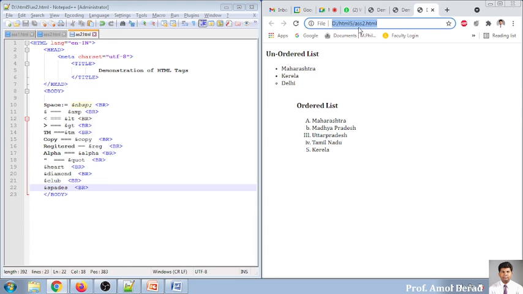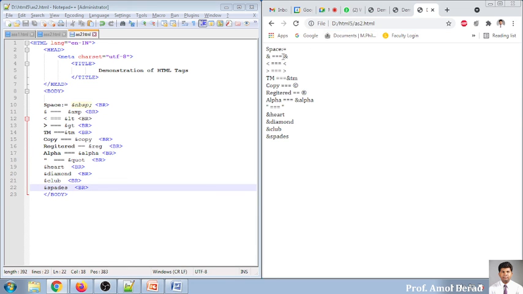And here it is, AS2. So see, space, ampersand, less than sign, greater than sign, trademark.